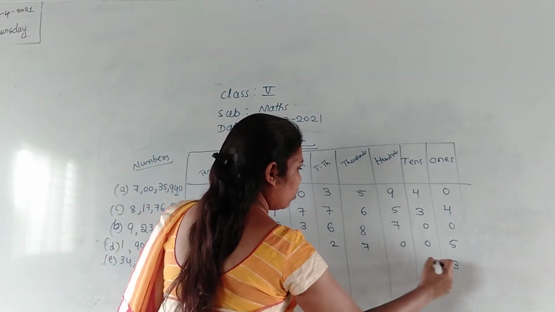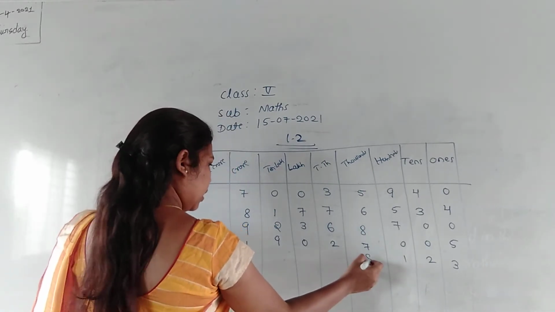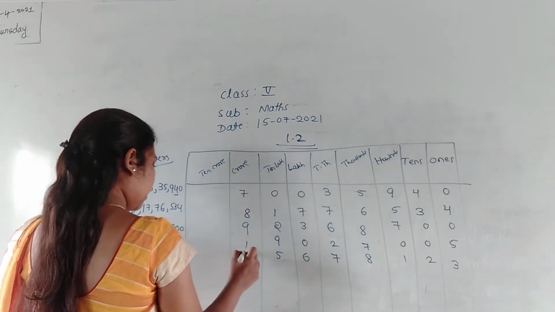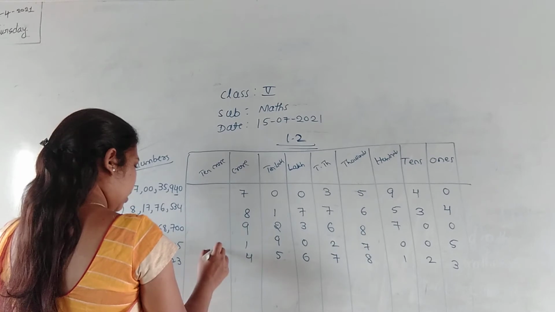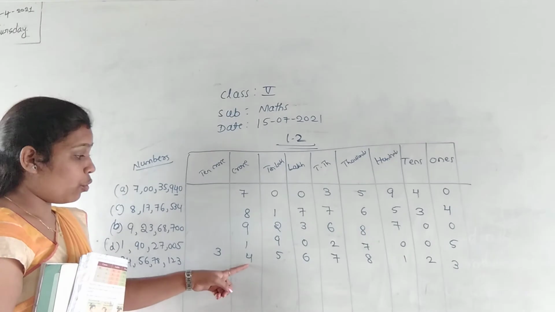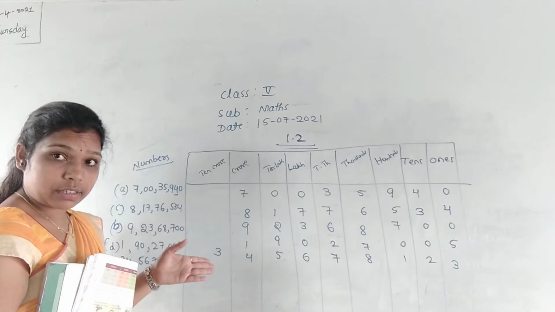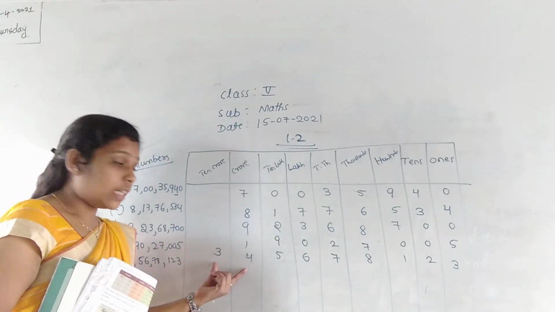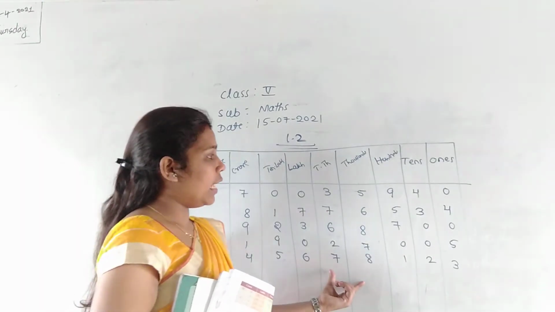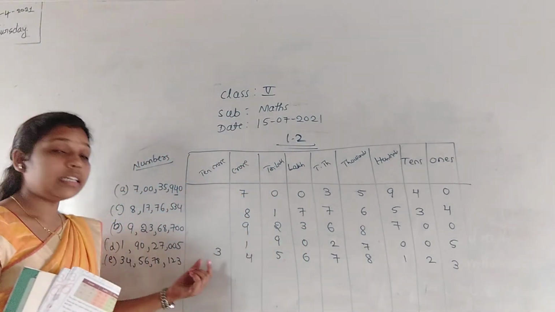Now write the number in the place where you are. So 1, 2, 3, here 8, next will be 7, and here will be 6, and here 5, and here will be 4, and here 3. Right? So here, see, 34 crore. Till now we are having only crore value. Here we got a 10 crore also, right? So how to read this number? 34 crore 56 lakh 78,123. Understanding what I am saying here?